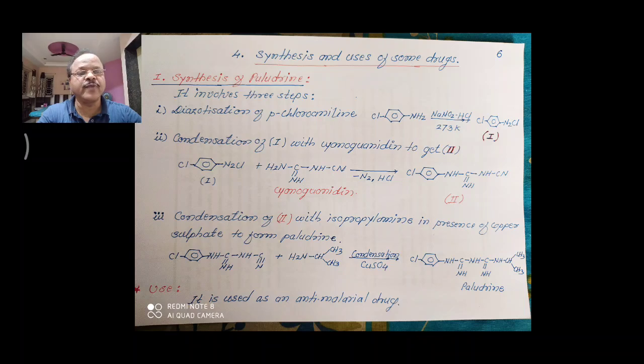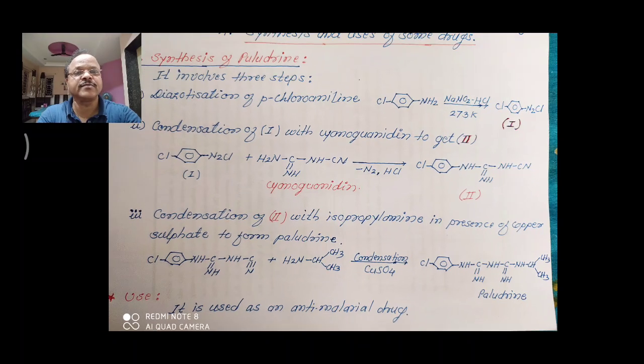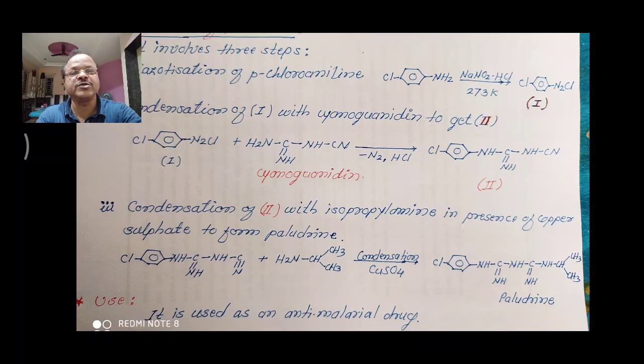In video number 1 of pharmaceuticals we discussed 3 points mainly. First is the introduction of pharmaceuticals, second is the classification of drugs based on different points, and the third point that we discussed was the qualities of ideal drugs. So in this video let us discuss the synthesis of some important drugs and their uses. Let me zoom this one first.